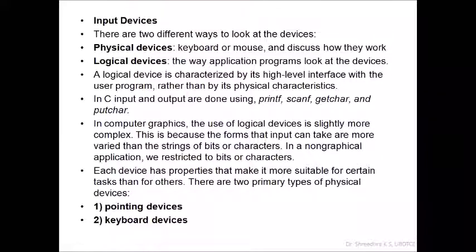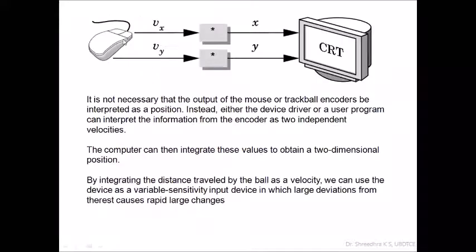So this is the pointing device and keyboard device. Now whenever a mouse is interfaced with this device, these values should be passed to the CRT position, and the program catches the position, and the activity will be taken care of based on it. Both the X and Y direction in which the mouse is moving are required in order to integrate into your program. So you have to take care, the computer can then integrate these values to obtain a two-dimensional position